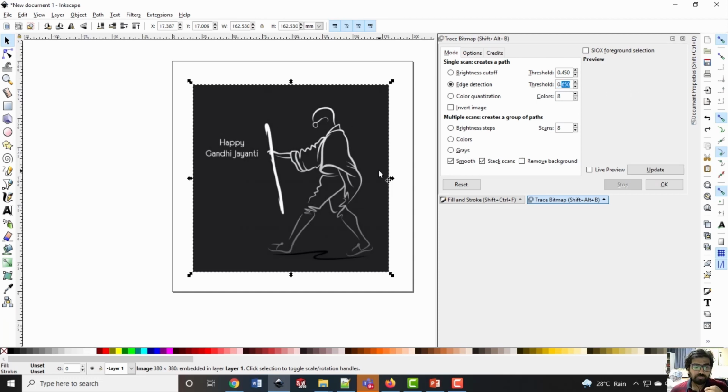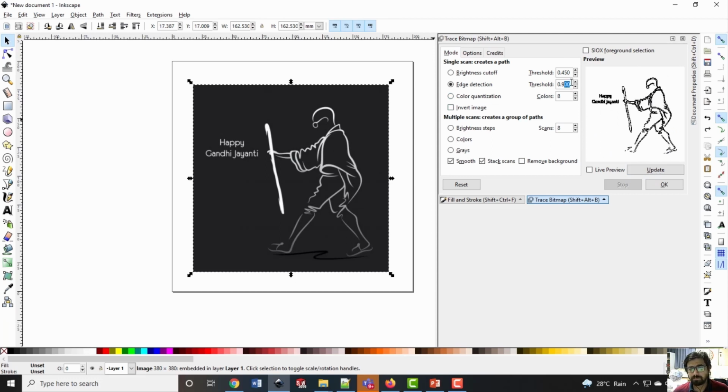If I keep this threshold very low, it will extract as many lines as possible from the image, and if I keep its value very high, for example 0.9, then it will extract fewer edges from the image. So if I consider 0.9 and say update, then you can see this is the edge extracted from this image.